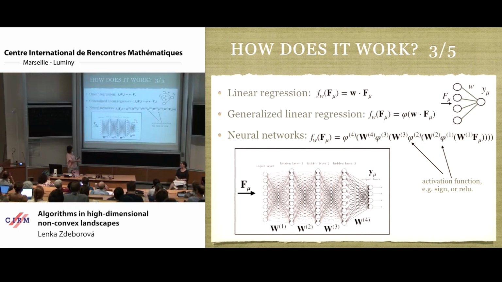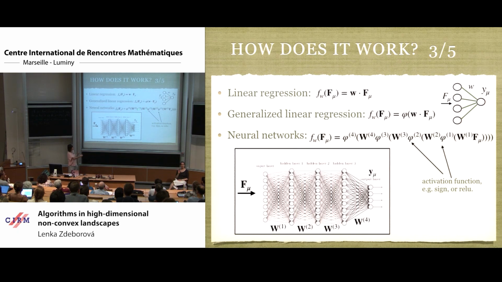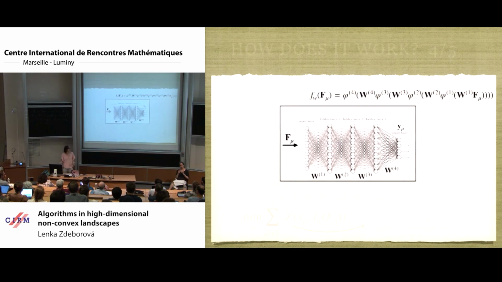And the number of times you did it is the number of layers. And the deep in deep learning refers to the number of layers being kind of largish. It can be like hundreds, but here it's 4. So it's just a special form of an ansatz for the function by which we are fitting. And now the whole art is how do we choose, how do we adjust these w's so that it works? And also that is actually extremely simple.